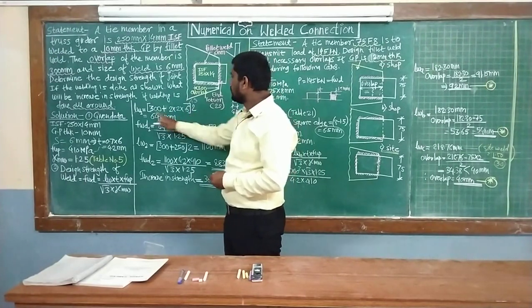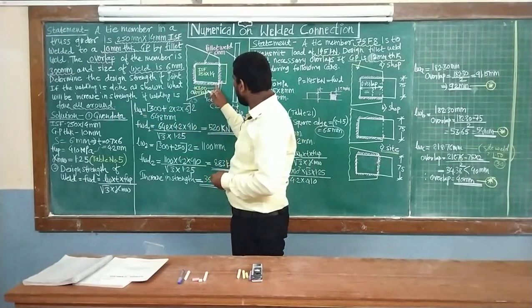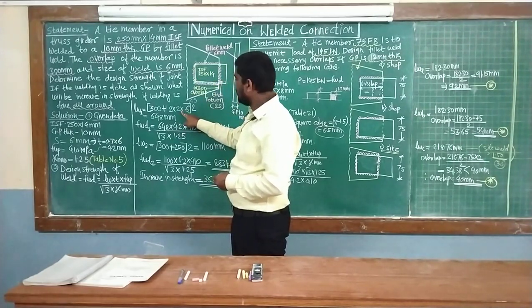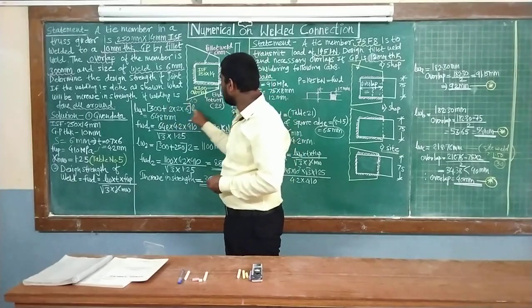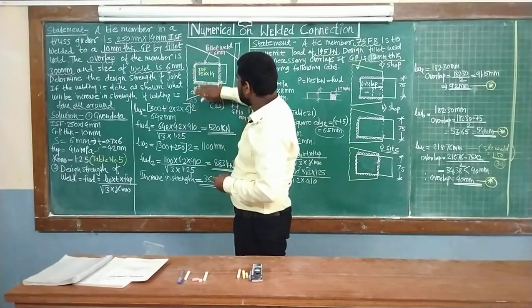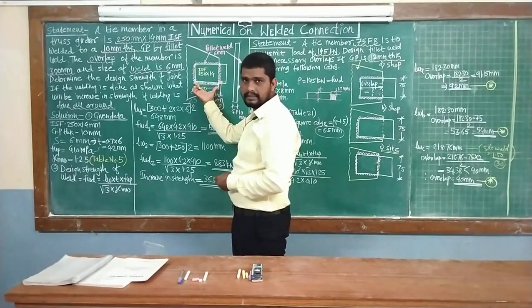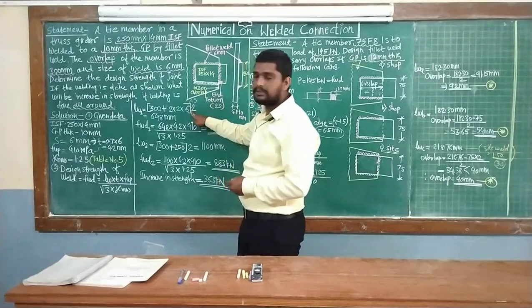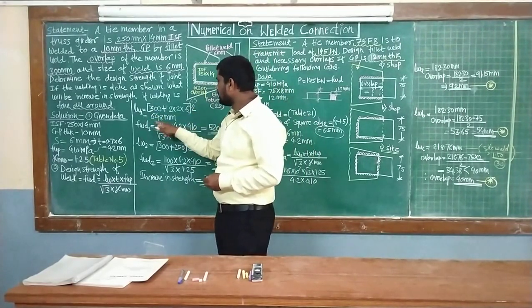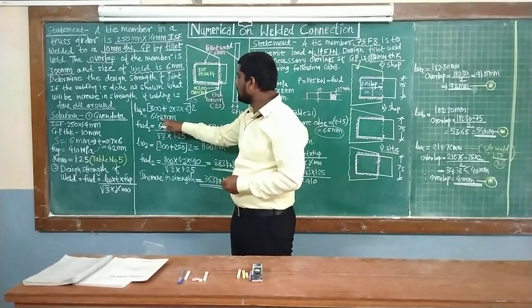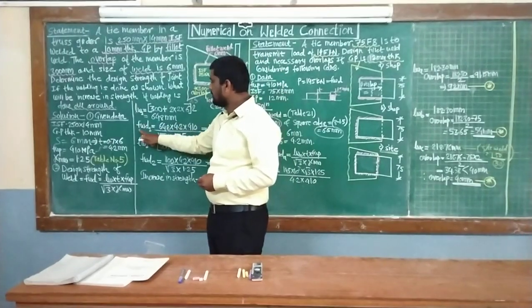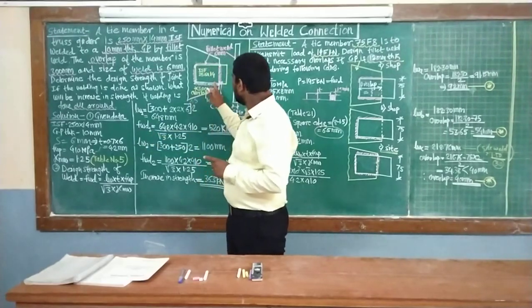So the length of weld is calculated as 300 plus, in brackets, 2 into size of the weld, 4 in brackets complete, multiplied by 2, because we are going to provide the weld on this side as well as on the other side. So here we multiply by 2. If you do the calculations, the answer is 648 mm, which is the length of weld. Then find out the design strength of weld for one, that is on either side of the weld.